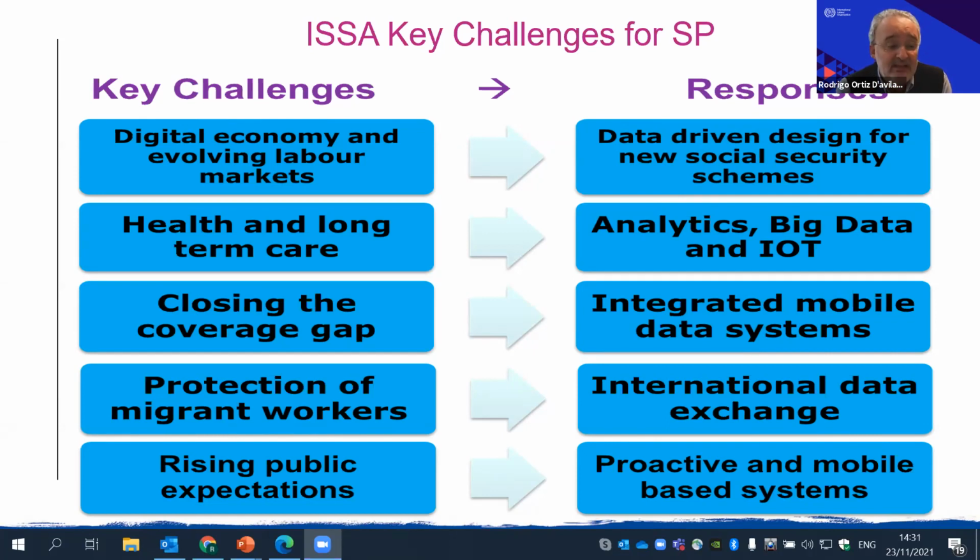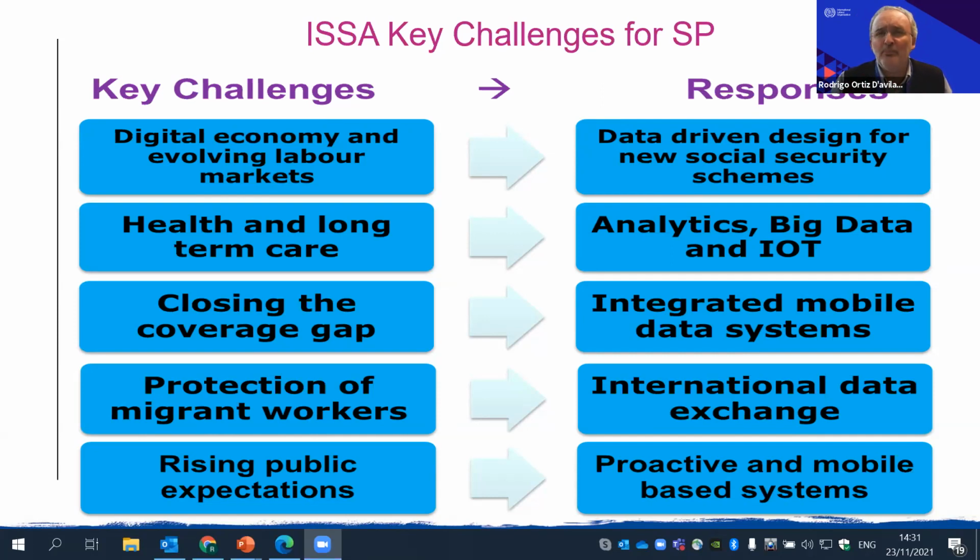They were talking about integrated mobile data systems. They were talking about international data exchange, which is something many countries have been involved in for over 20 years. And this whole discussion of standards and data exchanges always comes up very intensely in this context. And they were talking about proactive and mobile-based systems that would give answers to the rising public expectations. When all that was happening, this went into overdrive when the pandemic